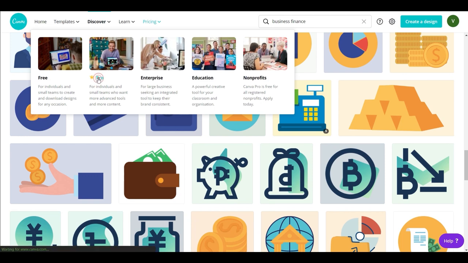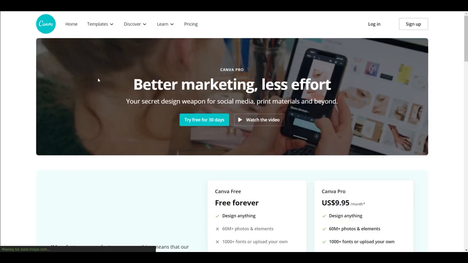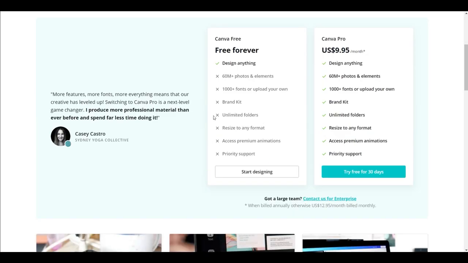It even gives you a free trial for 30 days. One difference between the free version and the Pro version is that the Pro version has a brand kit, whereas the free version doesn't. And you can access unlimited folders, resize to any format, and get access to premium animations in the Pro version, whereas the free version has those things limited.